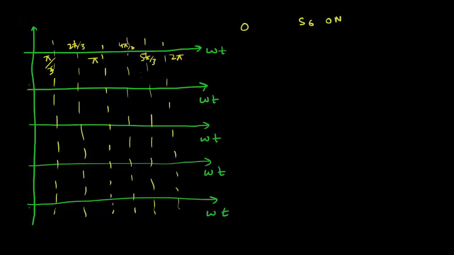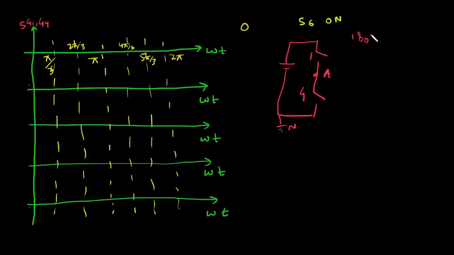So first I will draw gate voltage of switch 1 and switch 4. So this is 1, this is 4. As this is 180-degree conduction,